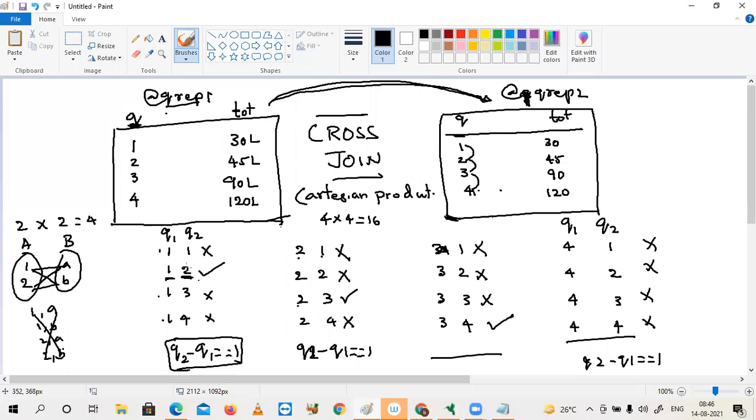So how many rows will be taken? From the first 4, 1, 2 will be taken. From the second, 2, 3 will be taken. From third, 3 and 4 will be taken. Got it? So this will happen when you apply self joins internally with your condition, but instead of that